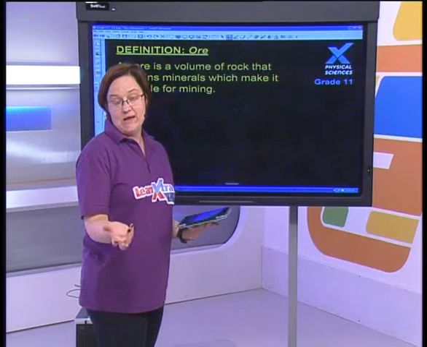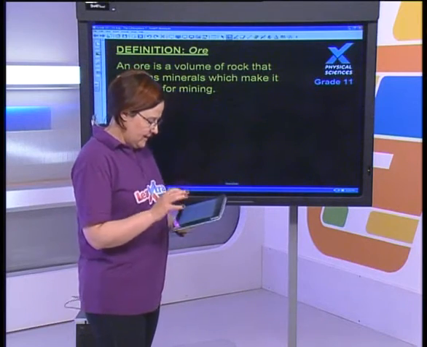And the places where you can pan gold get used up very quickly. Okay, and that's also where we get our gold rush from. The Americans had the same. Okay, now,